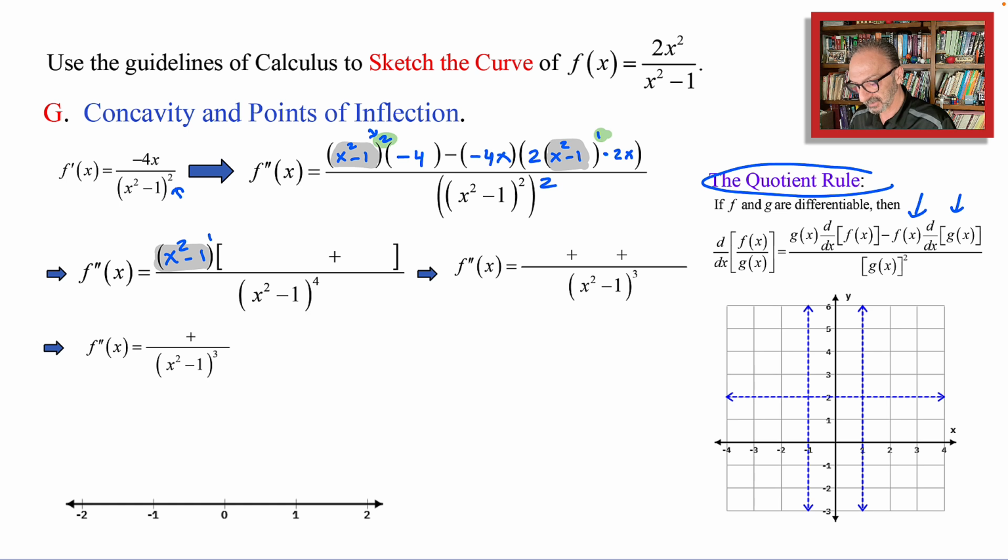From the first part, we have minus 4, and we have x to the second minus 1. Just one of them left. The second part, when we take x to the second minus 1 out, simplifying everything, we have 2x times 2 times negative 4x, and that will give me